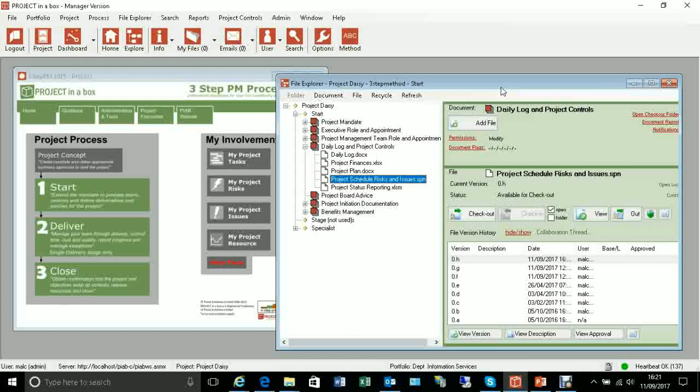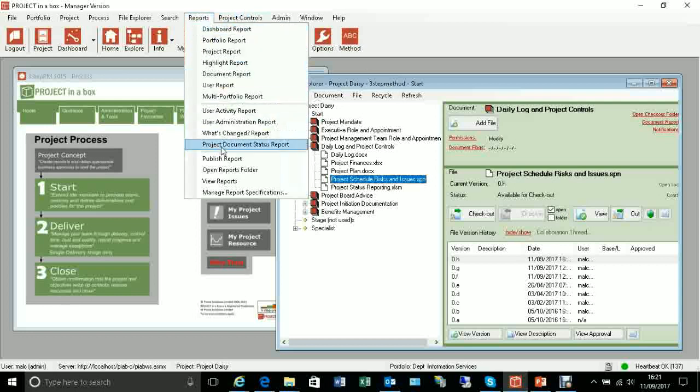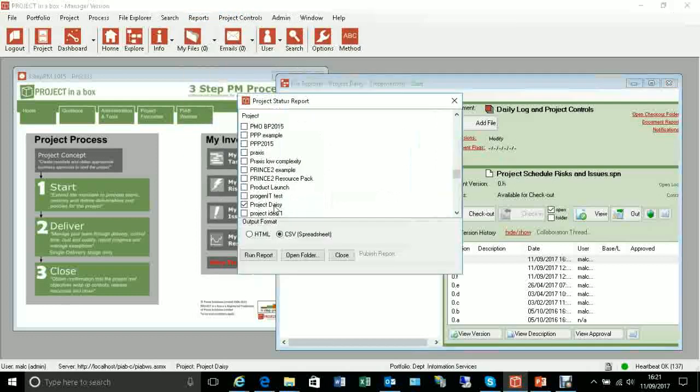So that's reports at a project level, and those are sort of management type reports, if you like. We have lots of other types of data available. Sometimes we're included in those reports, sometimes not. So for example, if I come to reports and do projects document status report for this project,